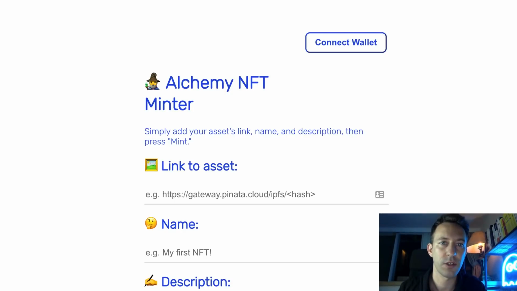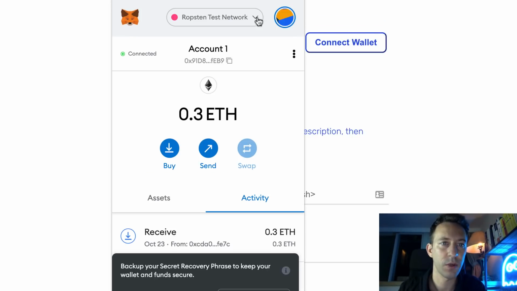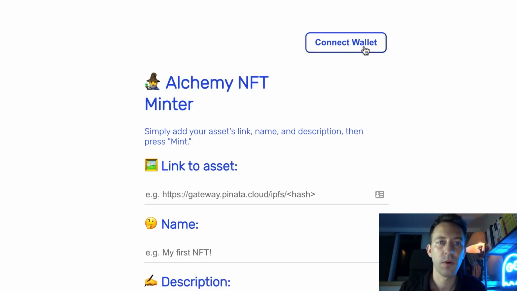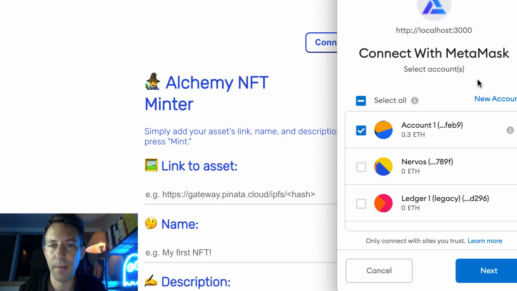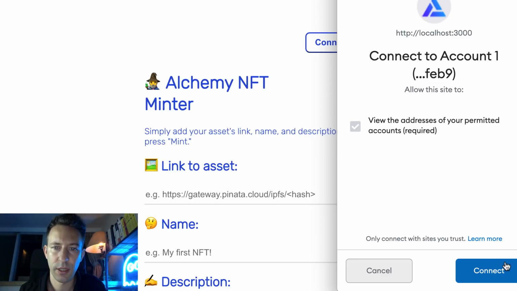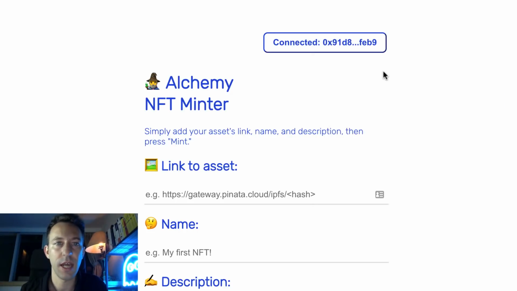So let's make sure that we are on the correct network. Yes, Ropsten with account 1. Okay, so we are going to click on connect wallet, and then we're going to have the pop-up of MetaMask. So we select the correct account, next, and basically when we click on connect, we will allow our dApp to see our Ethereum address. So click on connect, and now we can see our button has changed